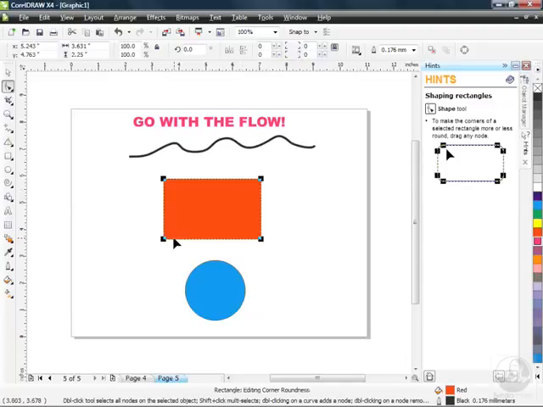So if I wanted to just make changes to 1 or 2 of these nodes, well, I can click on one node, click and drag. Now I'm just rounding the one corner, and you can see how I'm creating a brand new shape here from my rectangle. I'm going to drag that back out, click on it once,